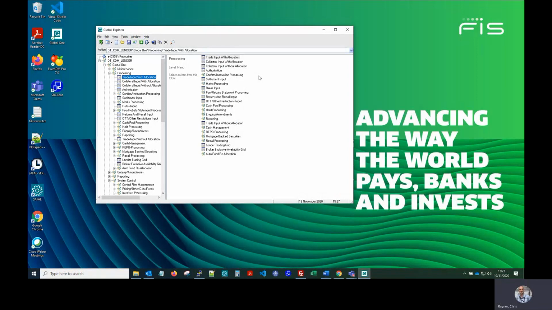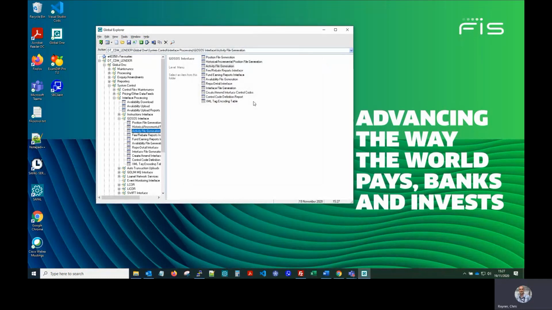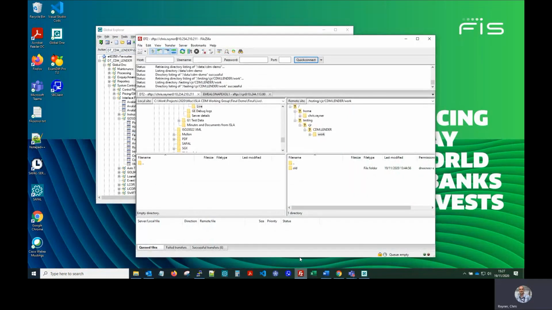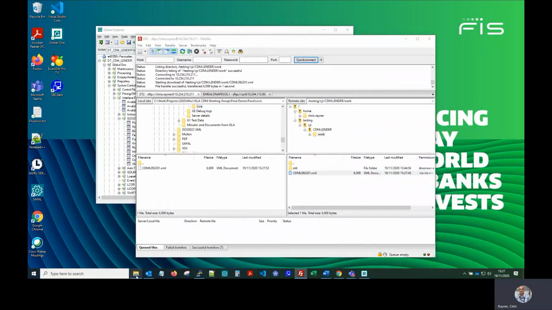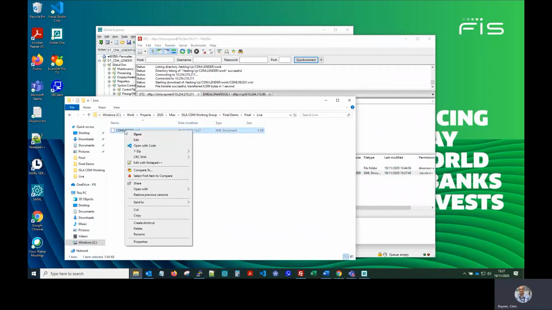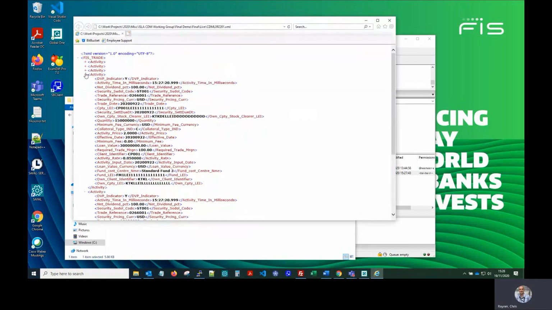So now we can go away and we can actually generate our file. So let's go into the activity file, use the control code we created earlier. Okay, so that should have gone away and created our file. Let's go and have a look. Let's refresh this link. There we go. There's our file. Bring that across. Let's have a look. There it is. Let's open this in Internet Explorer. That displays it quite nicely. Let's collapse all of these activity records.